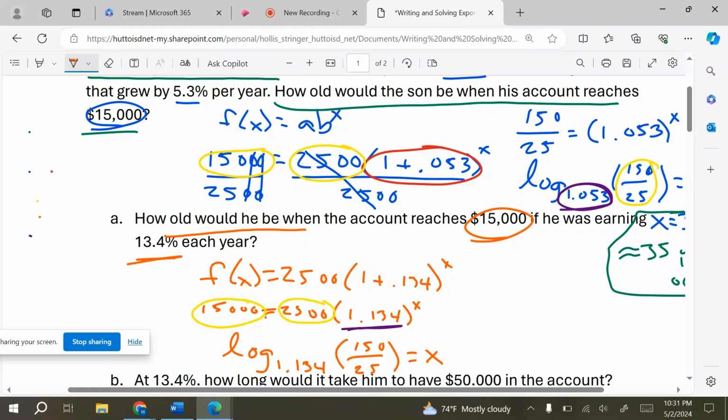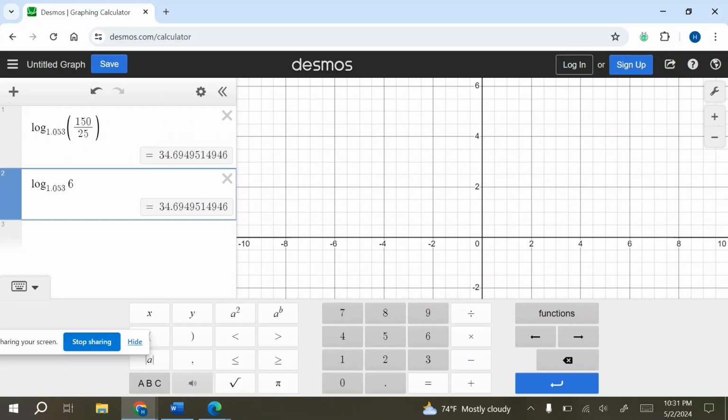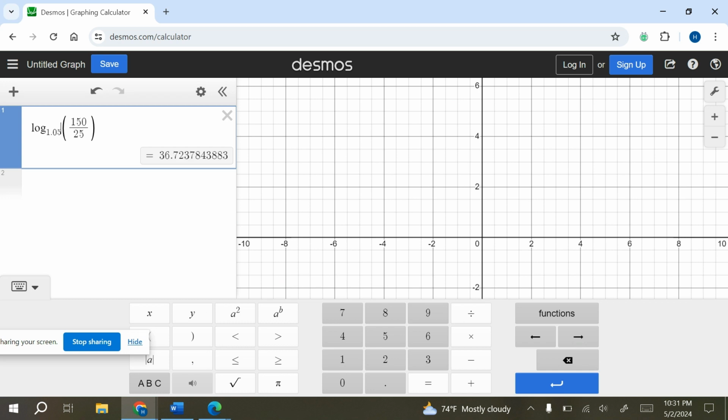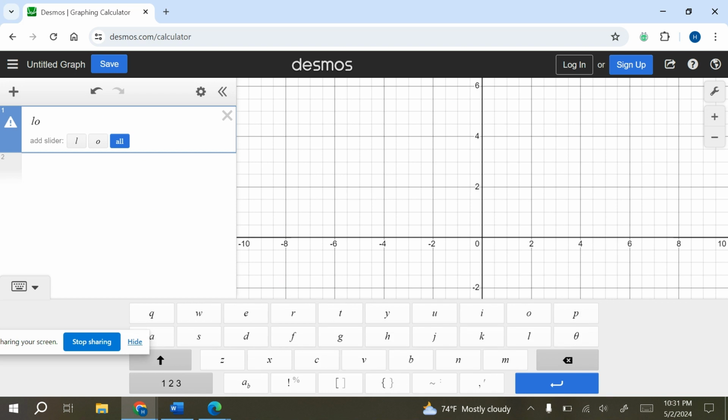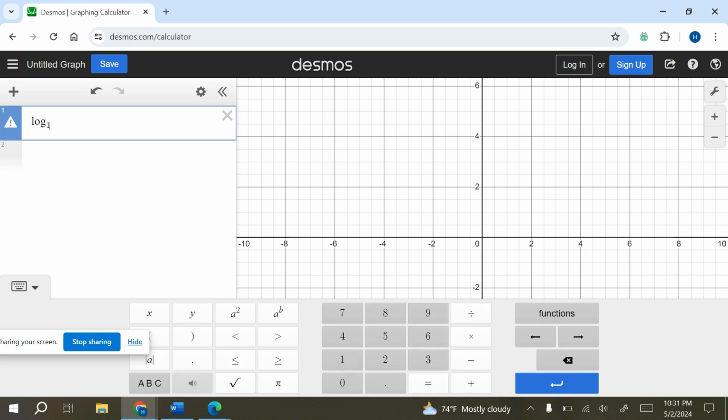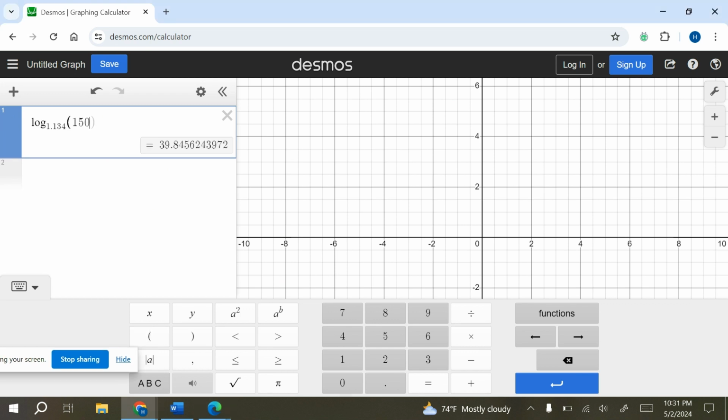So I'm going to pop back over into Desmos. We said the 150 over 25 wasn't changing. The only thing that changed was our base. So I can go immediately down to our base. Log base 1.134, arrow out, of 150 divided by 25. Arrow out, close my parenthesis. And now we have x equals